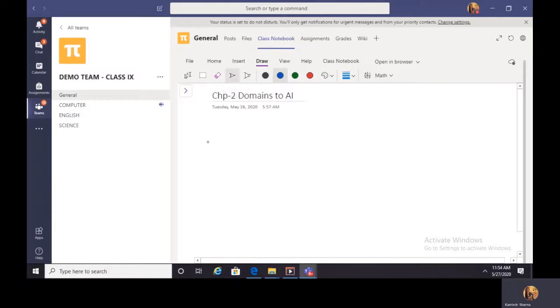Then go and select one of the pens and start writing your equation which you want to solve using the math feature. Let's say I want to write this equation: 2x divided by 3 plus 5 divided by 7 is equals to 15, and I want to evaluate it for x.